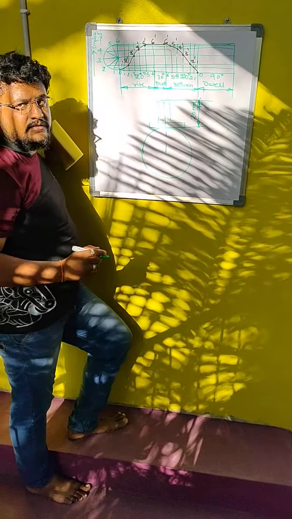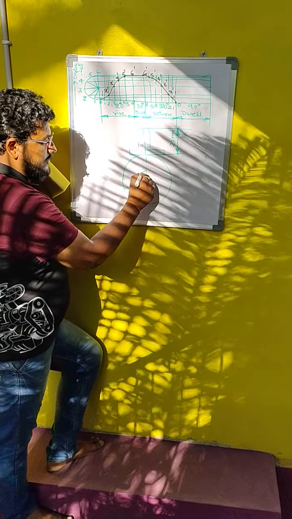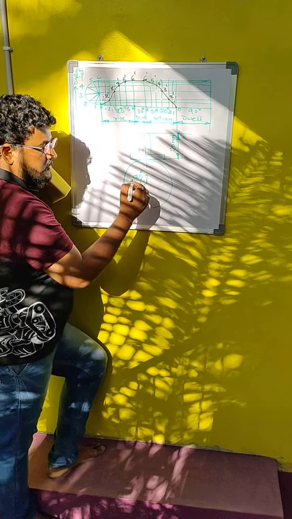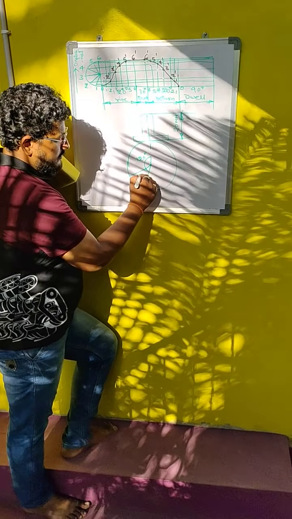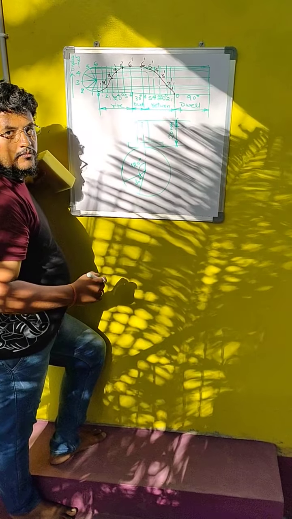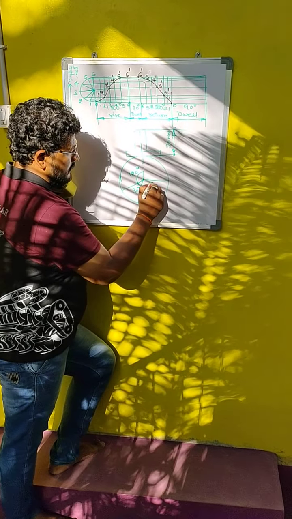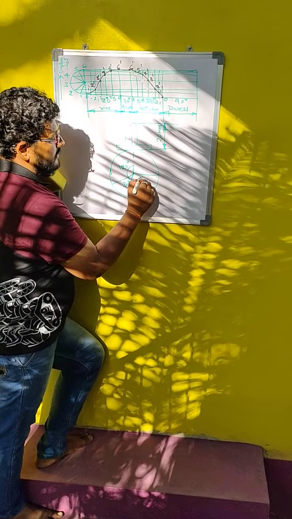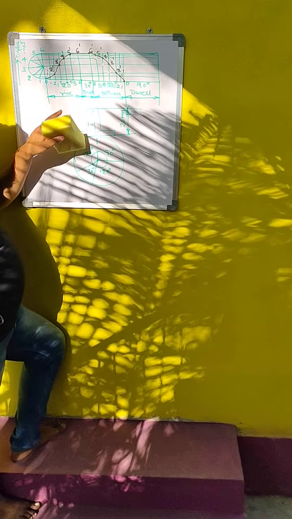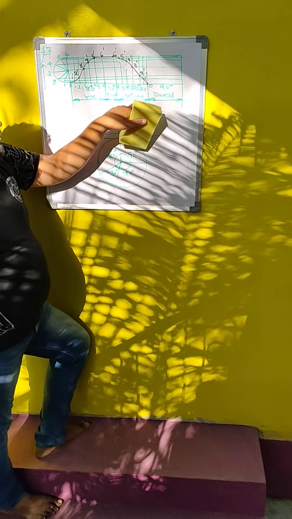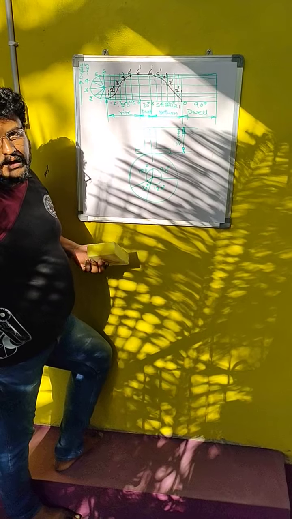Rise period is given as 120 degrees. From here, mark 120 degrees rise period. Next, dwell is given as 30 degrees. Once again, this return period is given as 120 degrees. Next, remaining dwell is given as 90 degrees. Let us mark all the periods 120, 30, 120 degrees and 90 degrees on the cam.